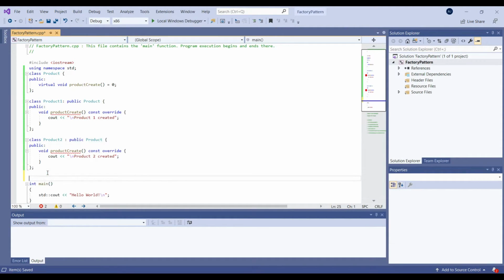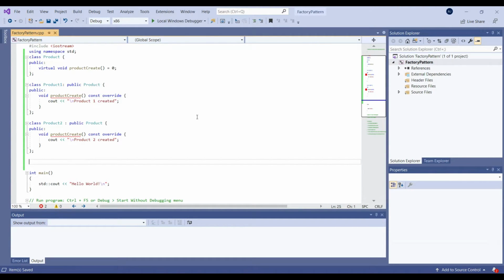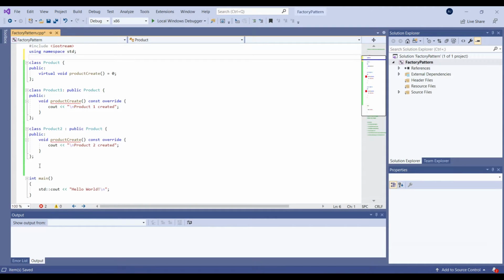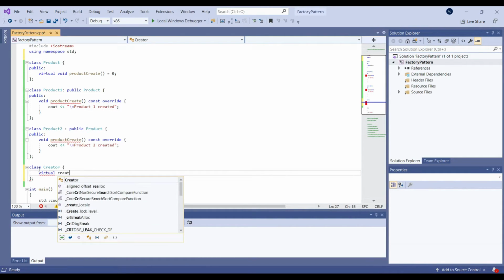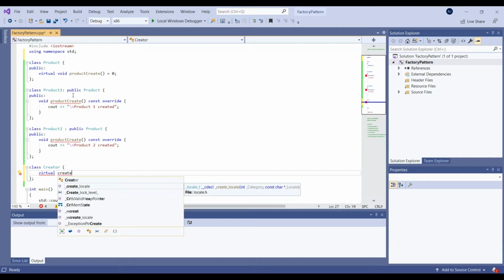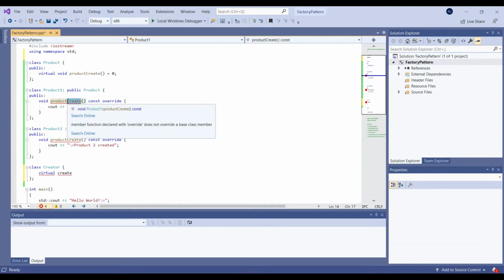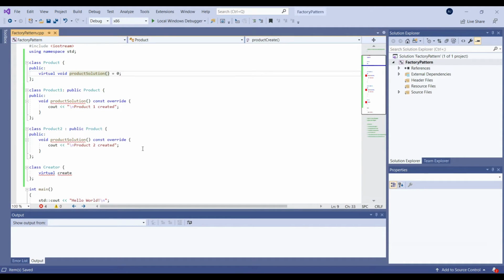Now we'll have a simple creational class. I'll write a base class called creator and put a function in this. Let's call it create product. Or let's rename this to product solution. That would be a better name. And here we'll write create product.